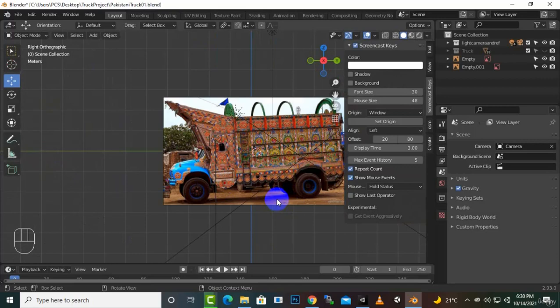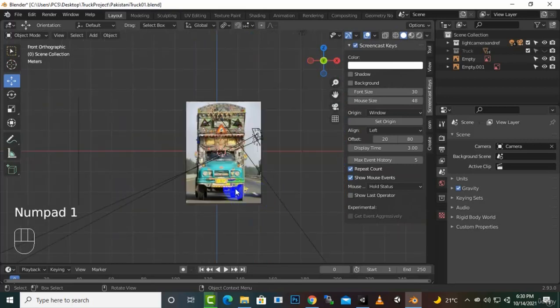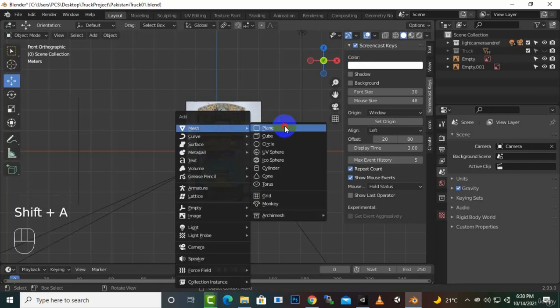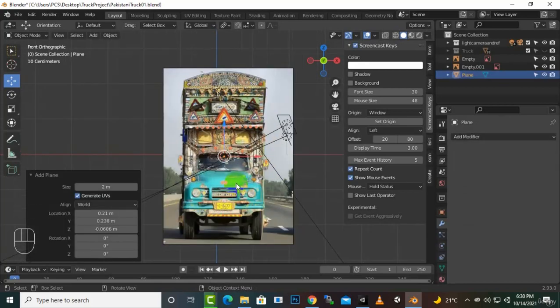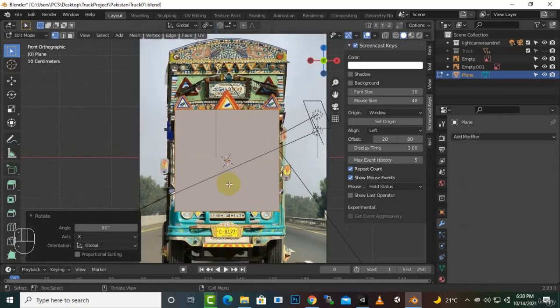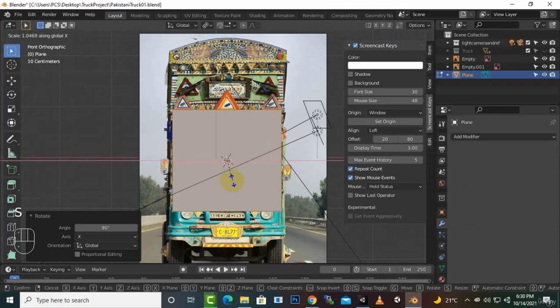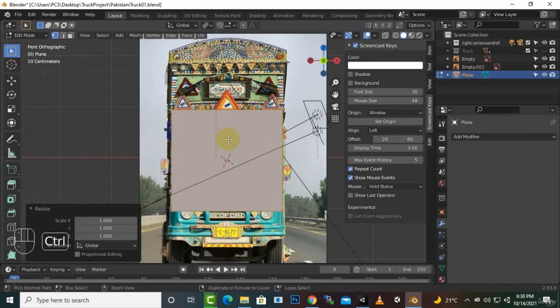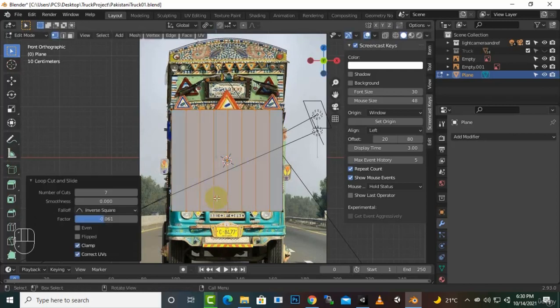So for that purpose, for the front view, we'll just go to mesh. We will just create a plane here. We will just go to edit mode, rotate X 90 degrees, and now we'll scale it a little bit on the x-axis, and then yeah, this much is good, and then we will create some inner loops. Control R, and like this, I think 7 loops are enough, and then we will select the half section and